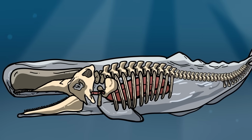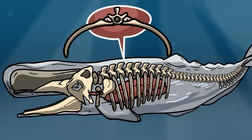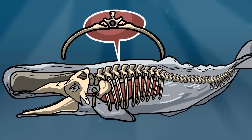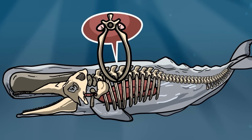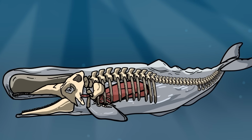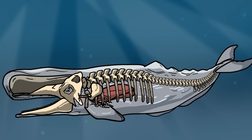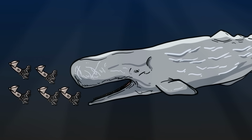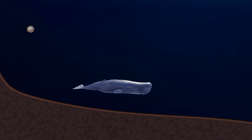How? Their bodies are more flexible, with their ribs bound by loose, bendable cartilage, which allows the rib cage to collapse at pressures that would easily snap a human's bones. These whales' lungs can also collapse safely under pressure, keeping them from rupturing, allowing them to hunt squid that thrive at these depths. Let's shoot all the way down to